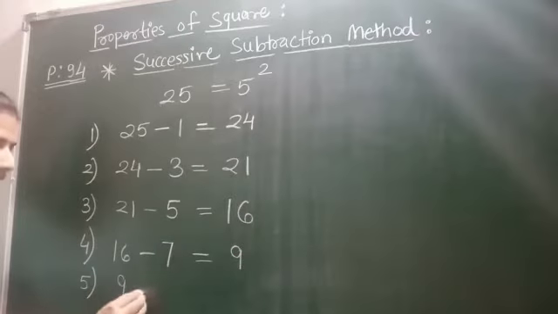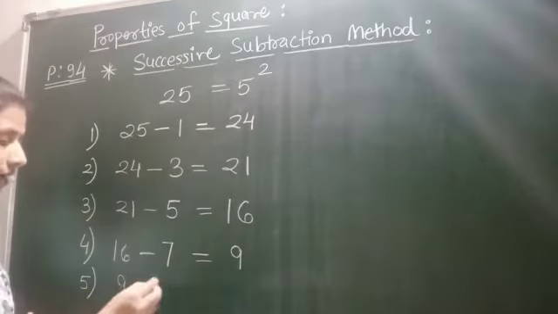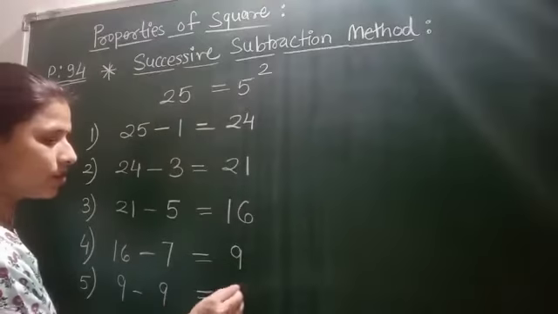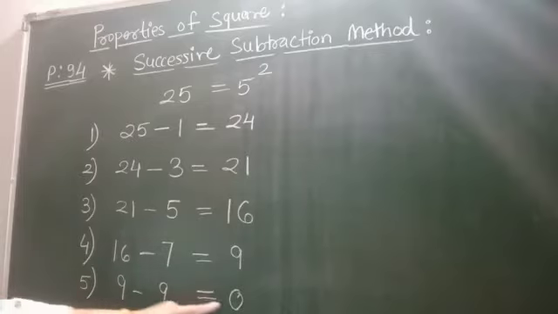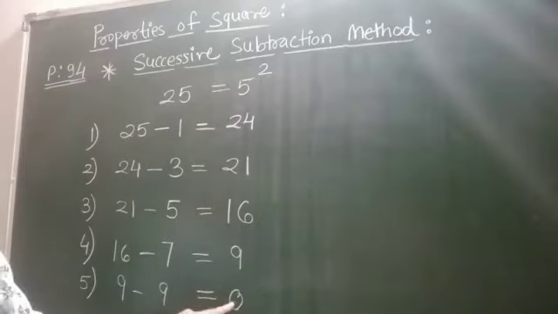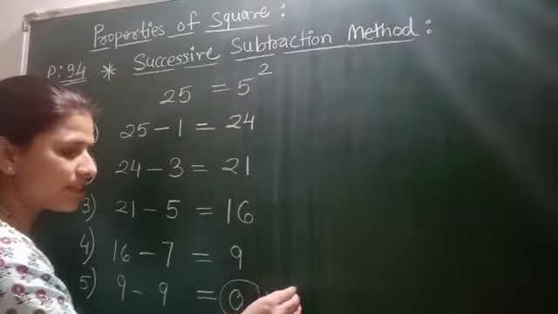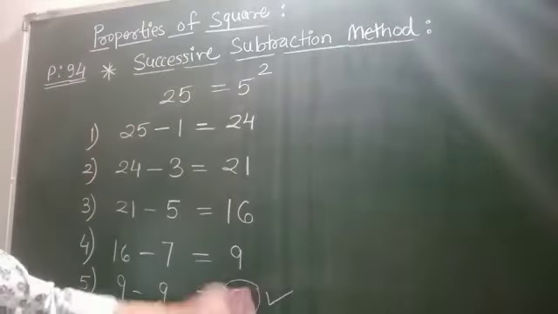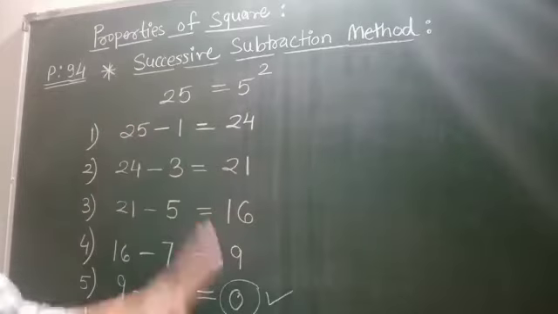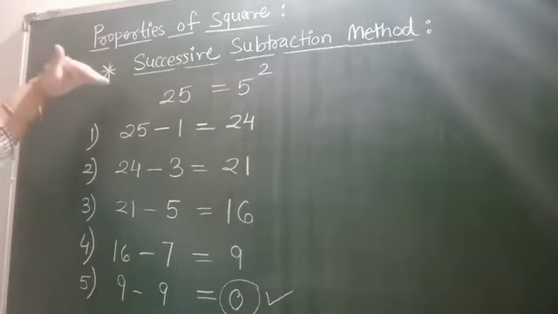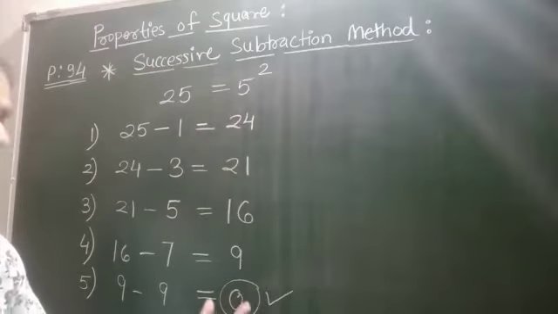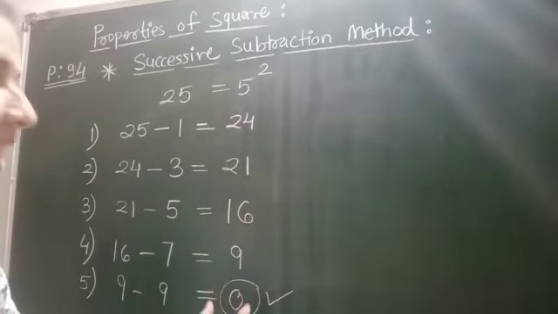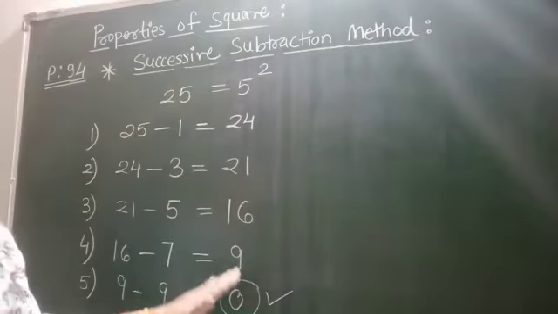And the next step. 9 minus; after 7, which odd number will come? 9, which is equal to 0. As you can see here student, in the fifth step we are getting the subtraction as 0, and this 0 shows that the given number is a square number. It means when we are using this process and you are getting 0, this indicates that the given number is a